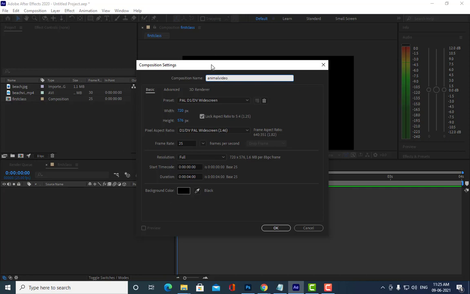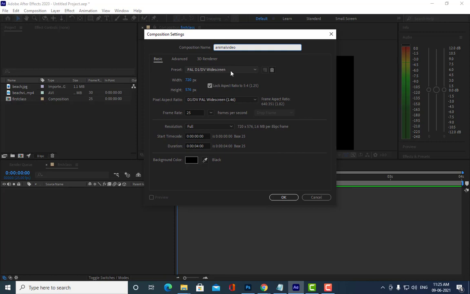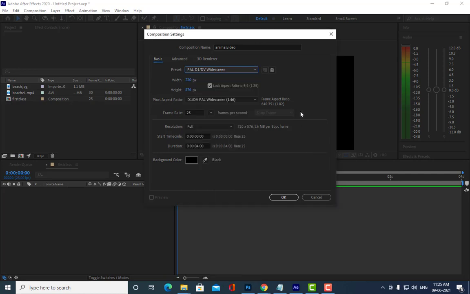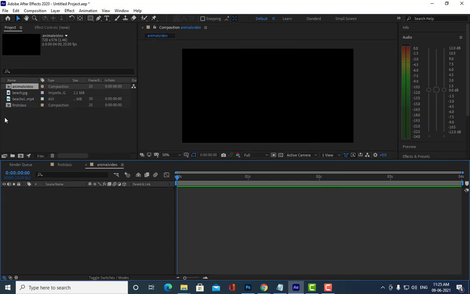I am taking the small format. If you want a wider screen, you can also take other things, such as HD. You can also select this HD 1080 HDTV, but the only reason why I am not taking it is that it will take a lot of memory. So in order to reduce the memory, I am just sticking to the PAL. Is it clear, all of you? Yes, sir.